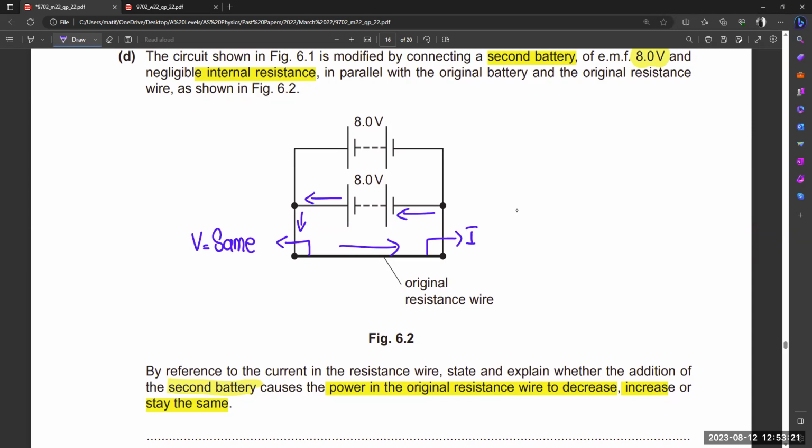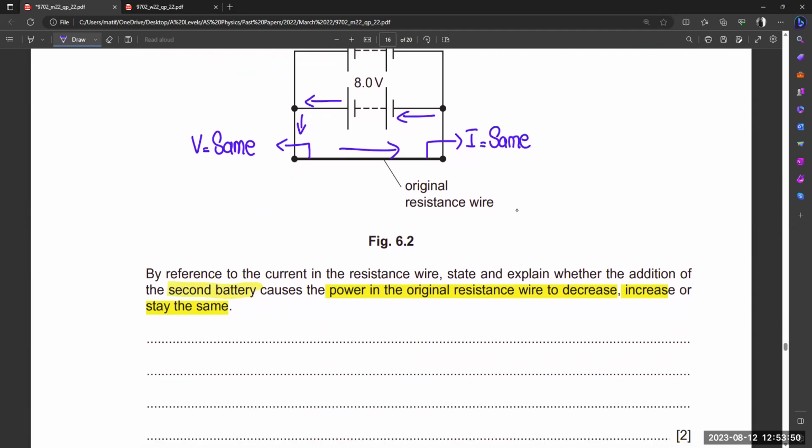So the current in the wire again remains the same, because the new battery is not affecting that wire, which is still connected with the previous battery in the same pattern. If current divides, there must be another component connected in the circuit, but there is none. So no current change, because no additional component is connected. The current remains the same. So if the current is the same and the voltage is the same, the power will stay the same. Again, you need to write with reference that voltage will remain the same,